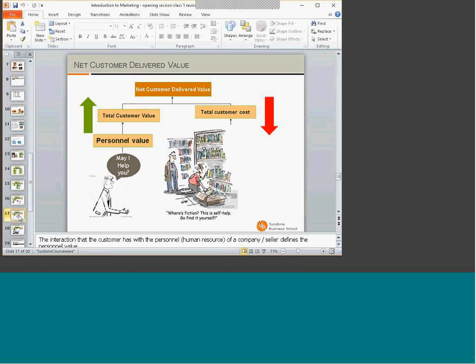It's obvious that there is a value of interaction with the people who represent the company. Against this value is the concept of customer relationship management, the training that people have on attitude and all these things, because people do value that.